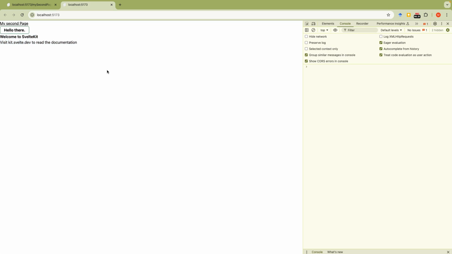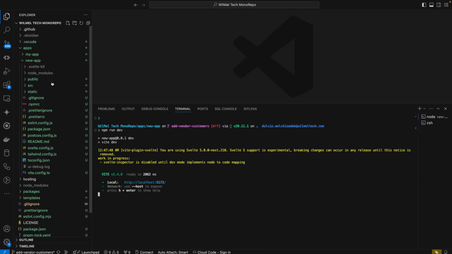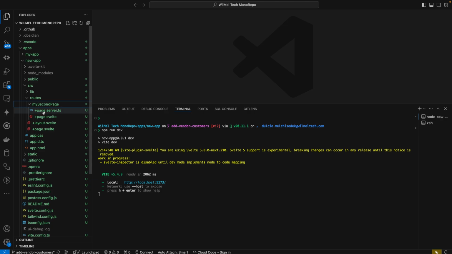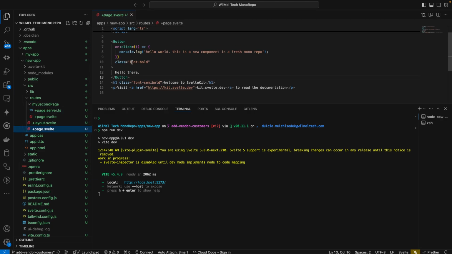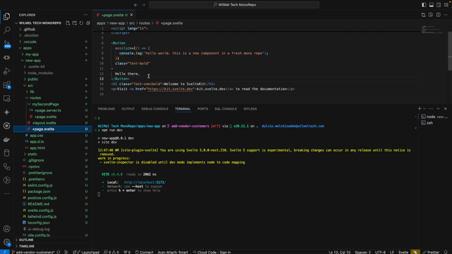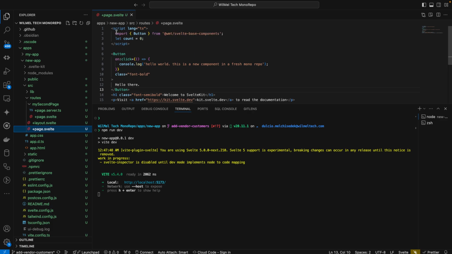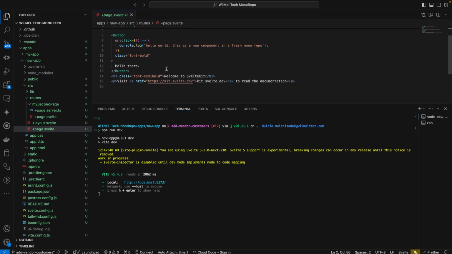I have a SvelteKit app. And it's a full stack app technically. So we have our source here, so we have 2 pages. We have the first page, which just has a button that I'm importing from somewhere in my monorepo, and it says hello when I click it,